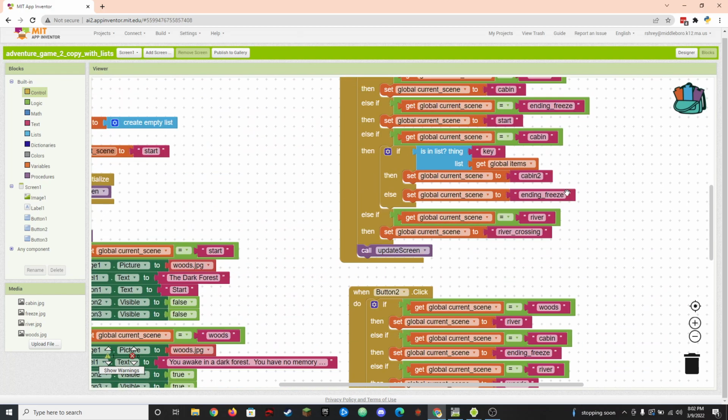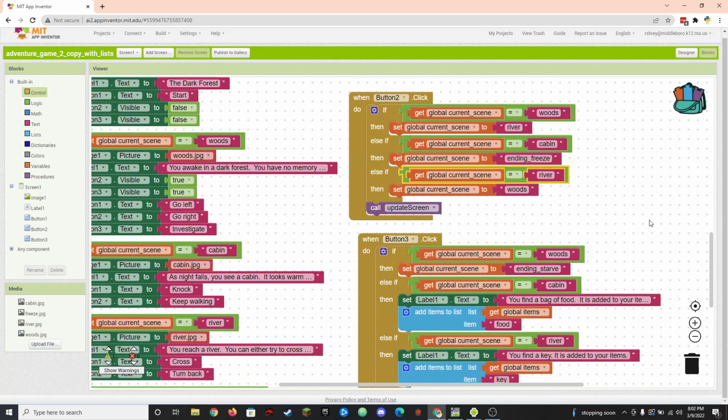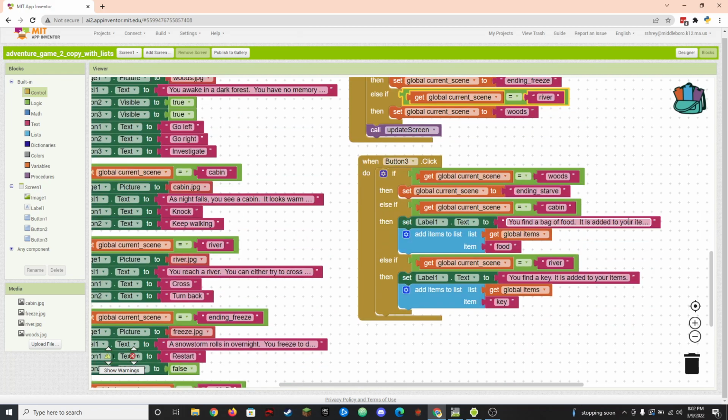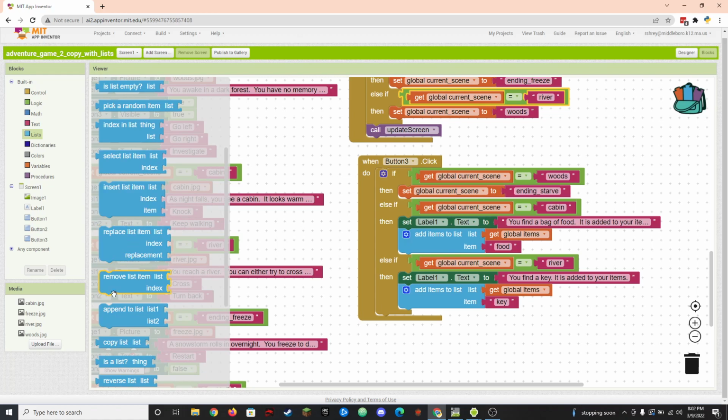So maybe there's a spot where there's this one scene that I set up where you're at a river. Maybe you try to cross the river. And in that case, if you try to cross the river, maybe if you had food in your bag, the food gets all soggy and ruined, and that's a problem later. And in that case, you could go to lists, and you could maybe remove